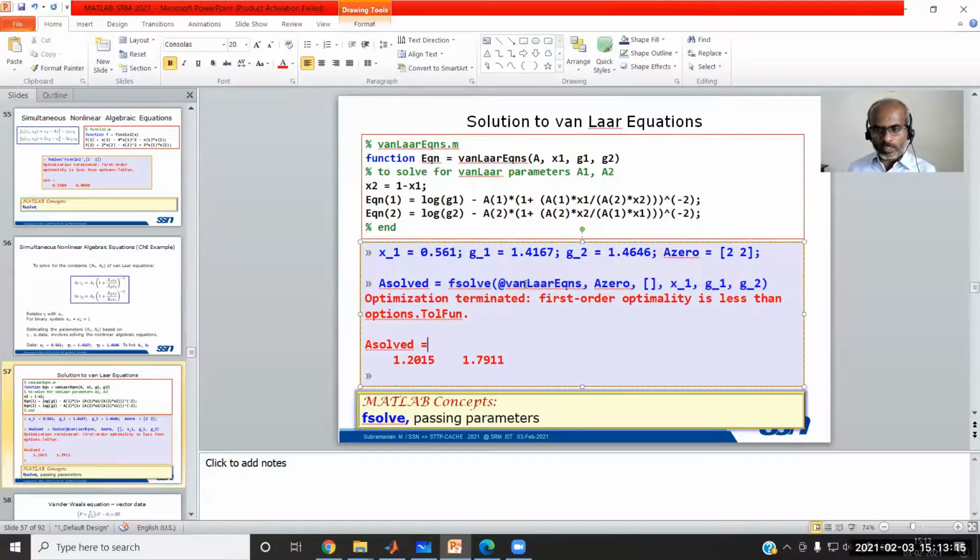Otherwise, for fsolve, it is enough to supply only these two. Suppose you want to pass parameters, these parameters are to be given after this third argument. The third argument, you can also use to specify some solver options. Of course, suppose you want to specify an option like start tolerance function equal to, I don't know the exact syntax. You can try this. The third is supposed to be the options for the solver. Okay. In addition to fsolve, I have also explained passing the parameters to equations. Okay, that is a new thing.